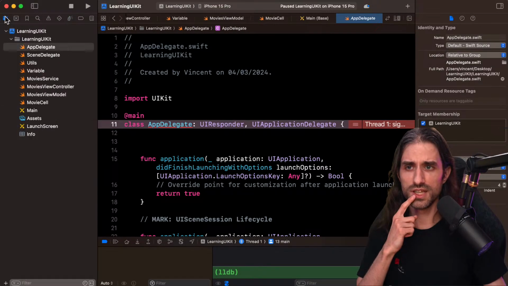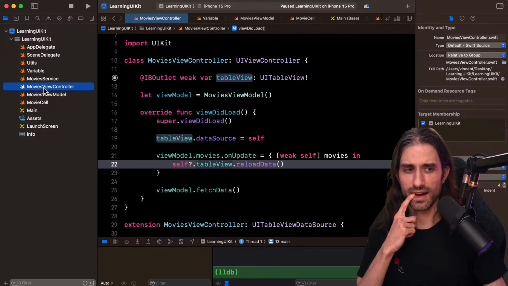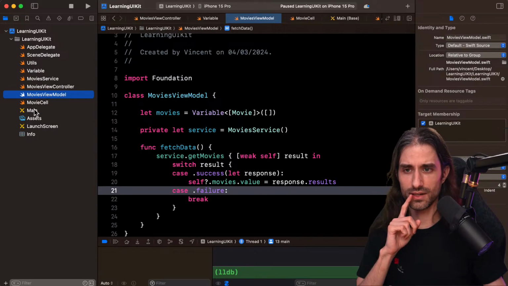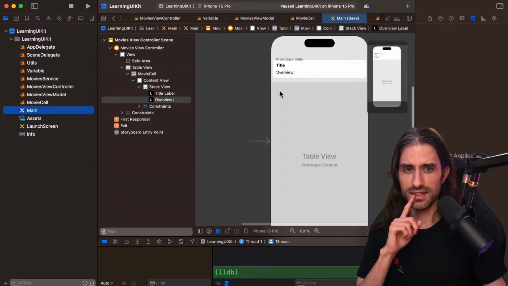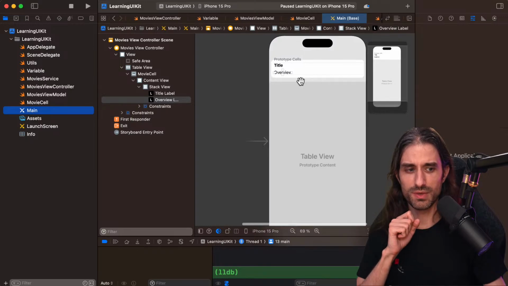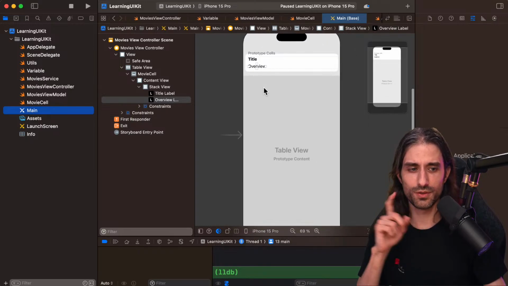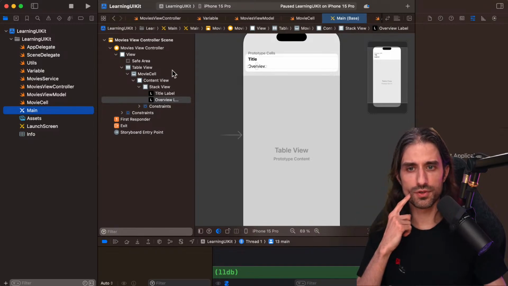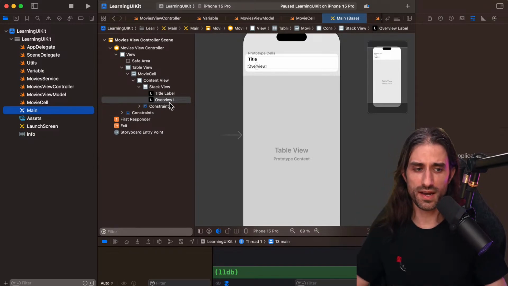So if we want to deal with views programmatically, let's see how I can do it. Maybe I will do it a bit later, because I wanted to do it with the table view, but if I remove table view from the storyboard, I need to move all of the configuration away, and it's going to break things, and I don't want to do that right now.